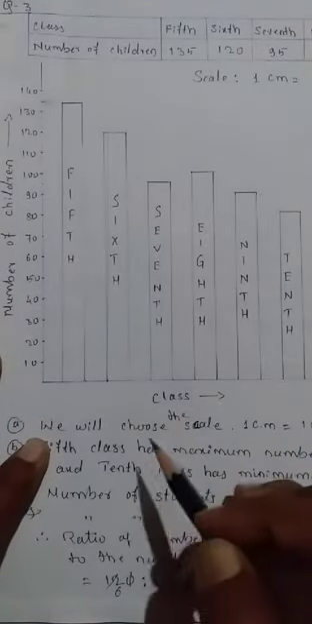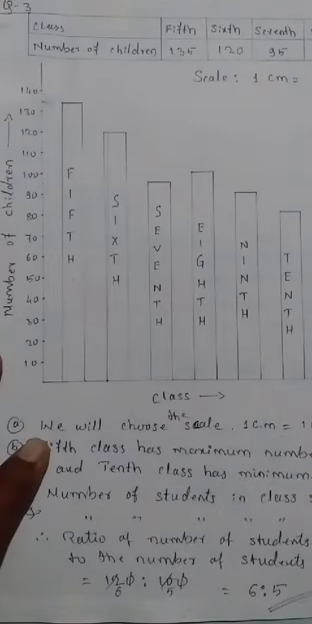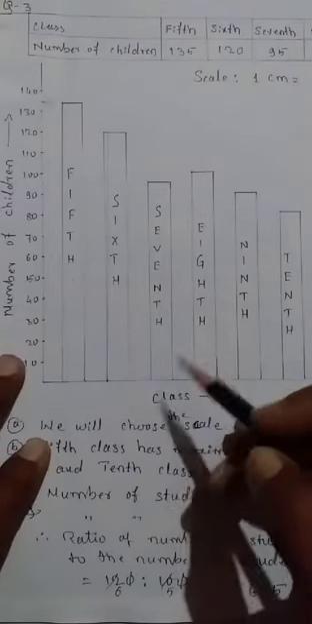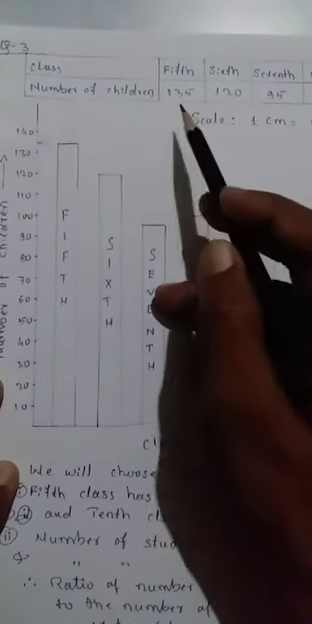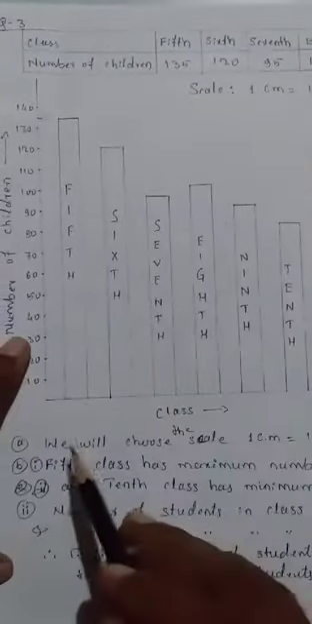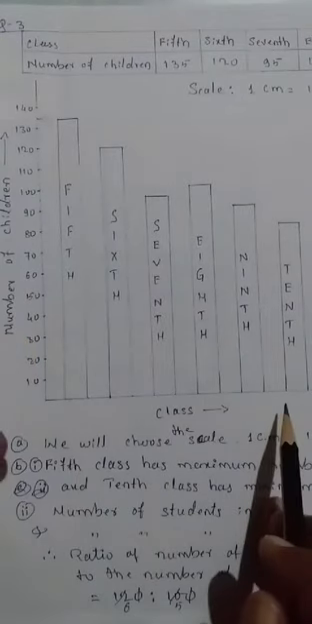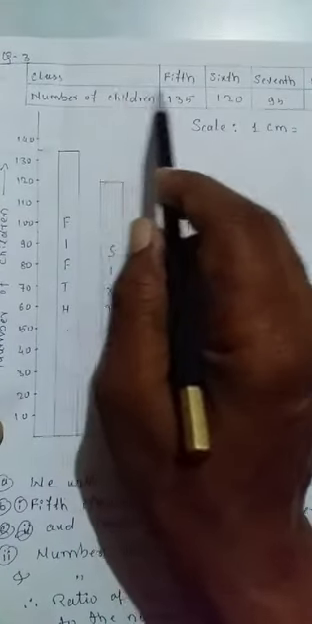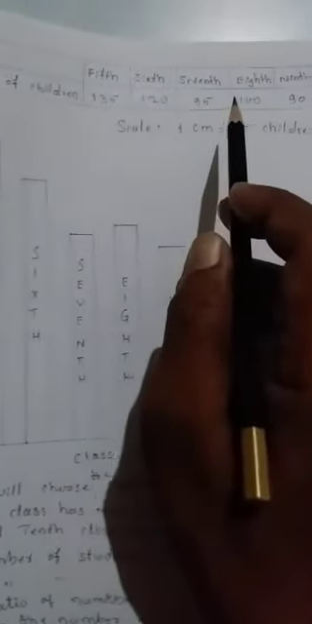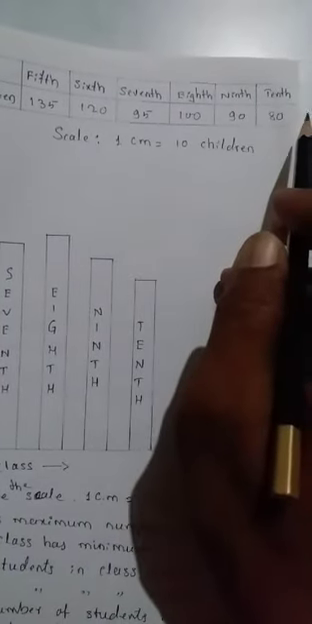These 2 axes intersect each other at this point. Now, the first class is 5th. This is the horizontal axis. On this horizontal axis, take the classes 5th, 6th, 7th, 8th, 9th and 10th,